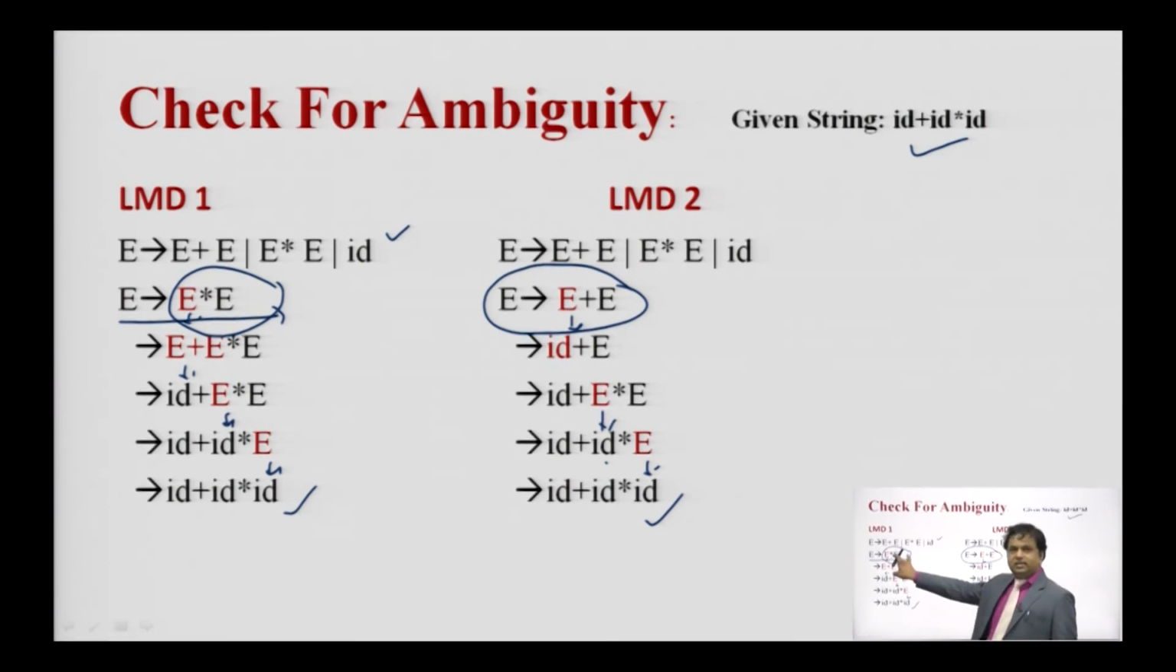I started with E star E, and again E starting with E plus E, but I could reach in both ways the same sentence, that is id plus id into id. So, this is not acceptable by the computer, that we can reach the same sentence by two different paths. This is not acceptable. So, this condition is known as the ambiguity. This is called the ambiguity,